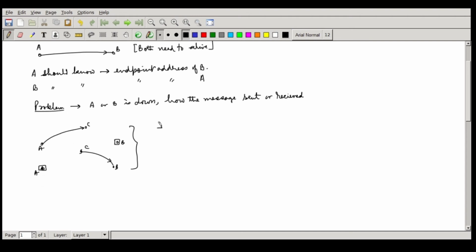So first, irrespective of the destination being off, one should be able to send a mail.